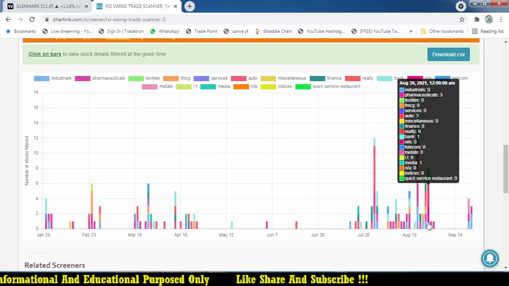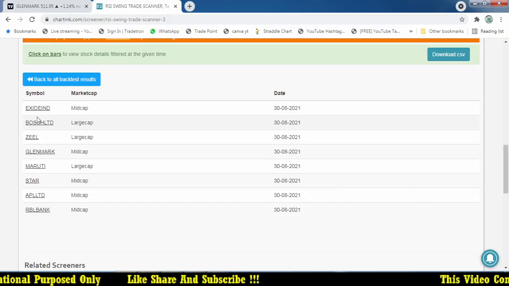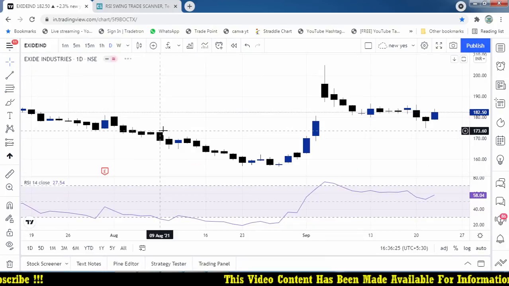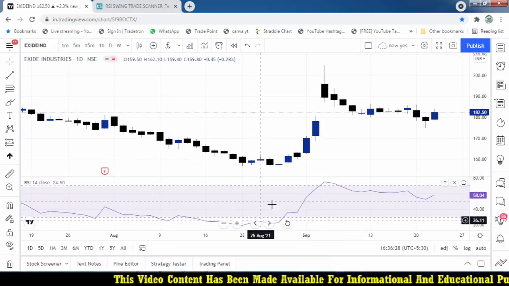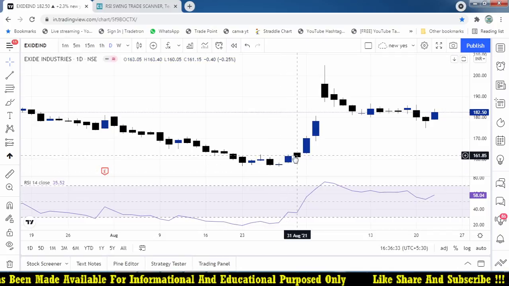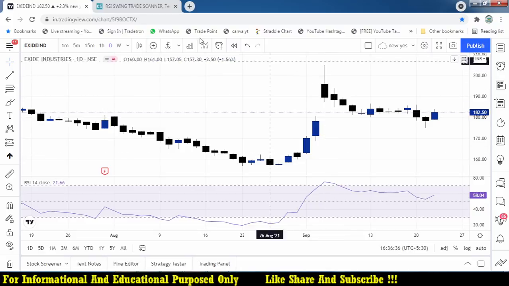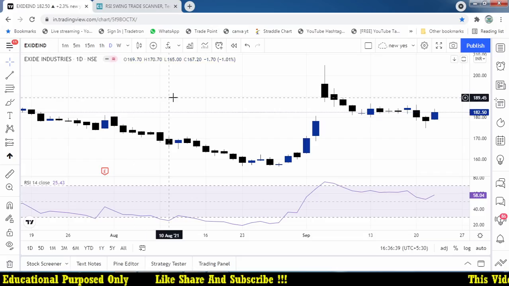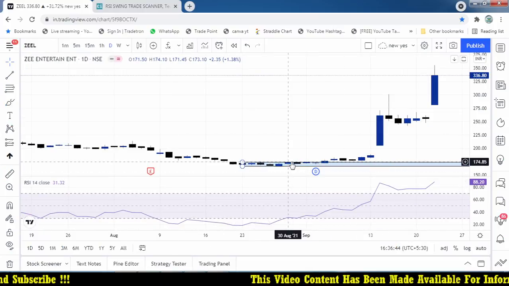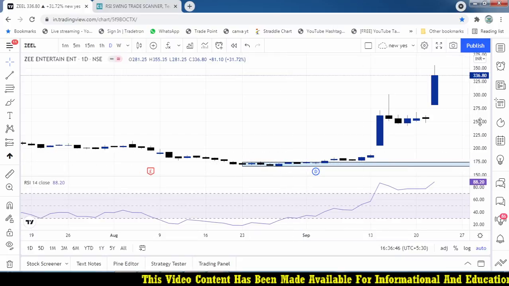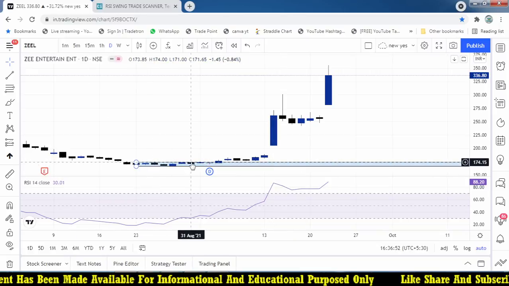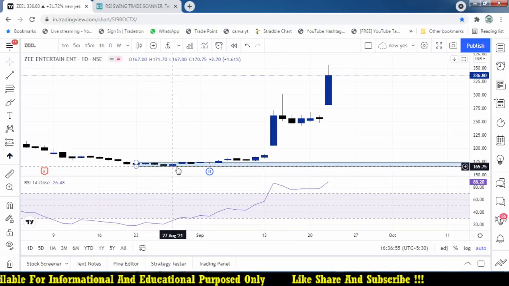great opportunity. So on 30th August, lot more stock, Exide, 30th August Exide, and this month it was working very well in Exide. Let's say Exide 30th August here. After this 30th August breakout around 162, it moves to 204. And Zee Entertainment, most of the people are watching Zee Entertainment now. Here on 30th August, and previously we seen that Zeel having some trade opportunity. We marked the level and it broken 174 with a stop loss of 166, I think.